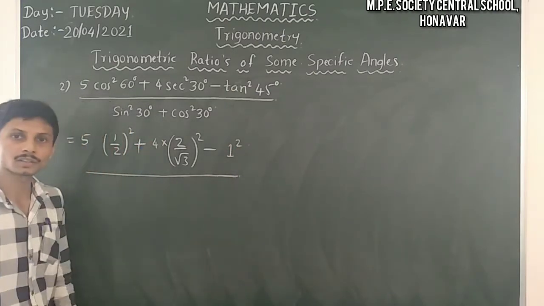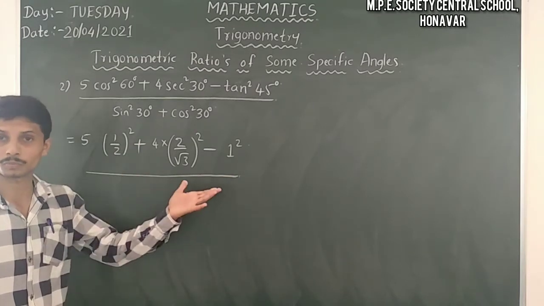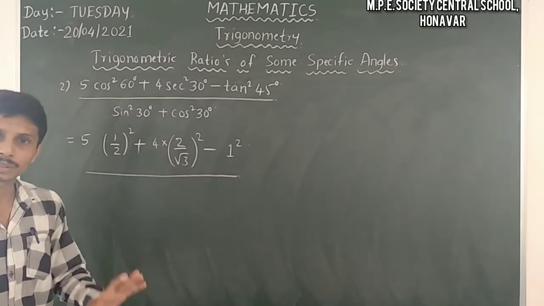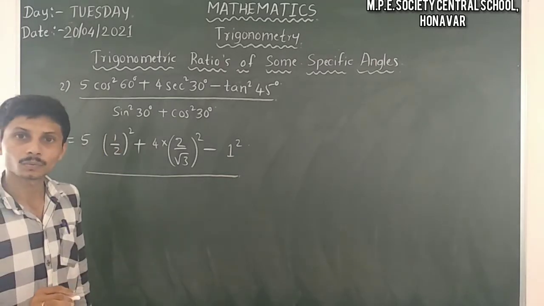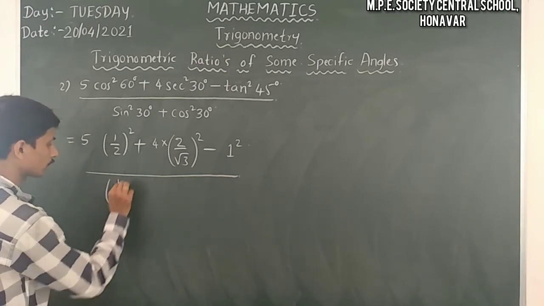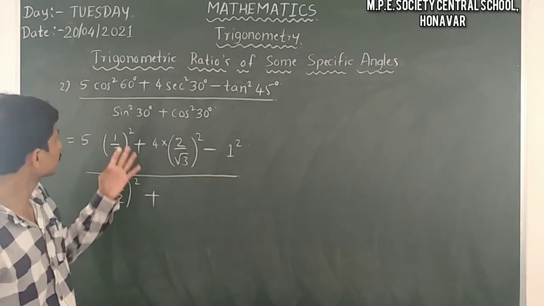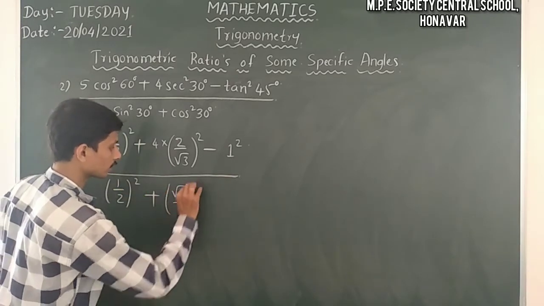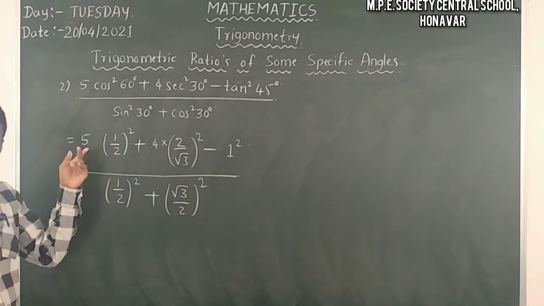One by one you have to write, so you can take any number of steps, no problem. But don't be in a hurry to solve directly and find the answer. Try to take more steps. And then sine square, sine 30 degree is 1 by 2. Already we know that sine 30 degree is 1 by 2, that is 1 by 2 whole square. Plus cos 30 degree, which is root 3 by 2, whole square is equal to, then 5 into 1, so